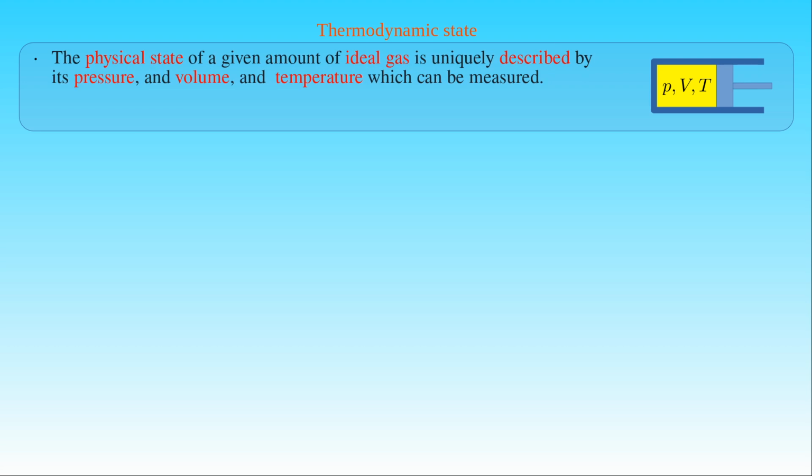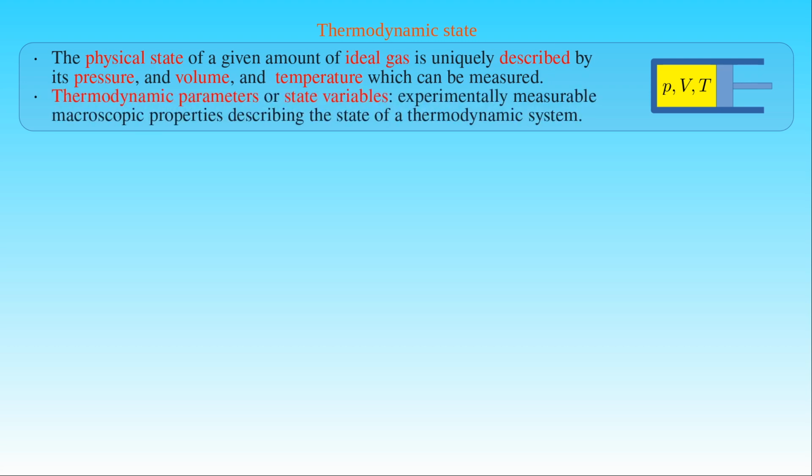measure all of them. In general, experimentally measurable macroscopic properties describing the state of a thermodynamic system, such as mass, volume, pressure, temperature, gravitational or electric field and so on, are called thermodynamic parameters or state variables. In the case of an ideal gas, the state variables uniquely describing the thermodynamic state of the gas with a given mass m or given amount of substance n consist of the pressure P, the volume V, and the temperature